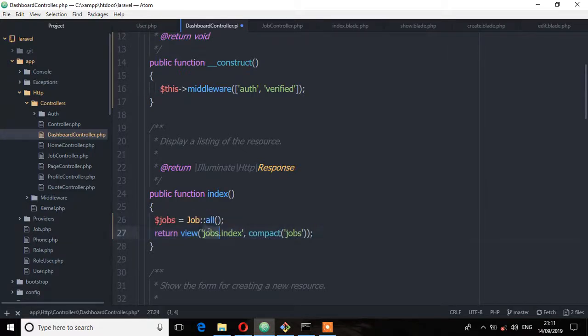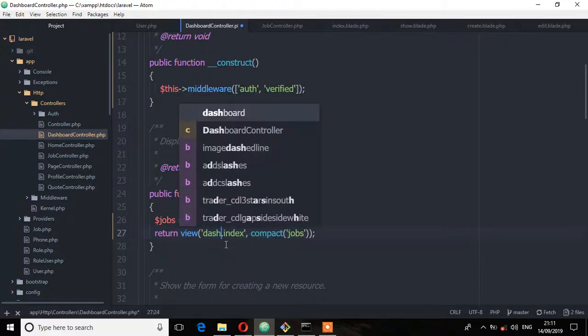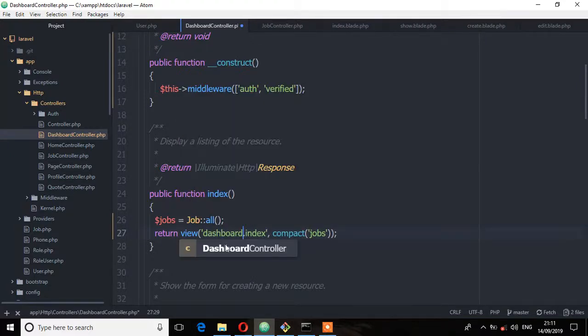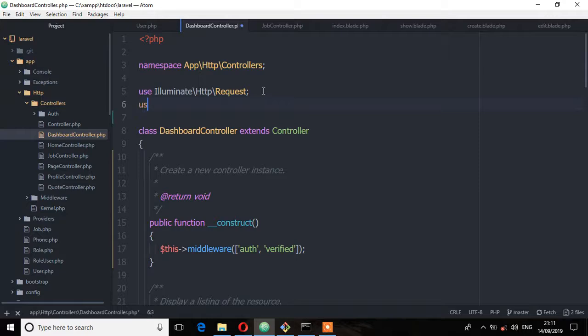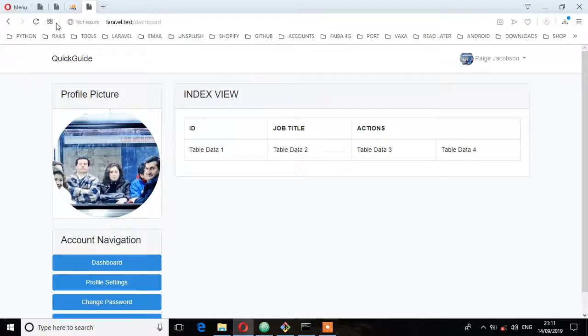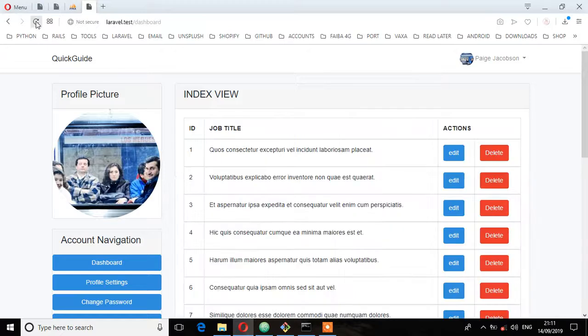So change to dashboard and save. Then the next step, let's import the job model class. So use, and save. Let's see now, just refresh, and as you can see, it is now able to fetch all